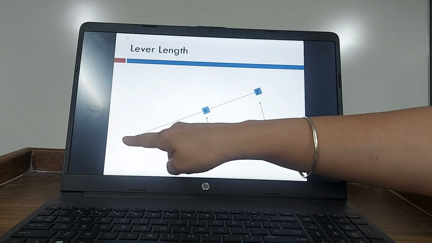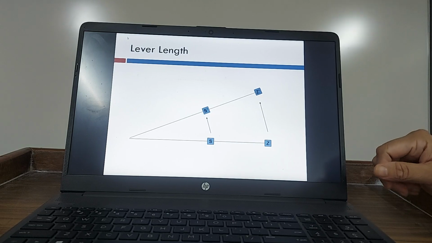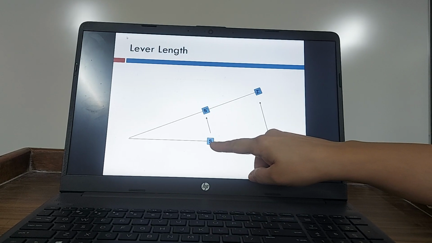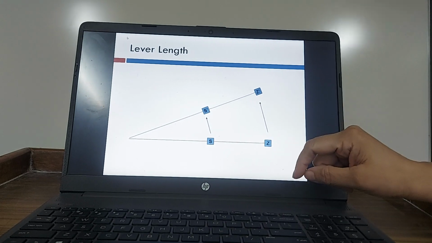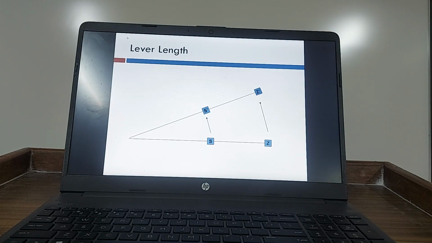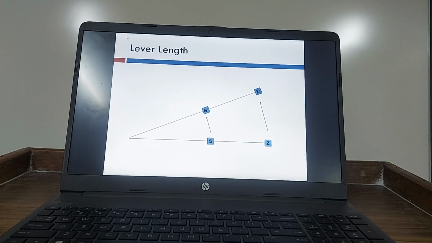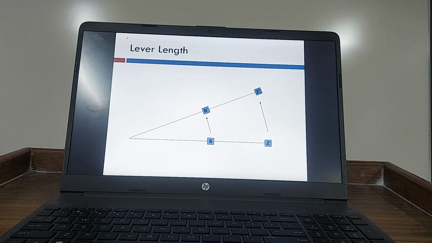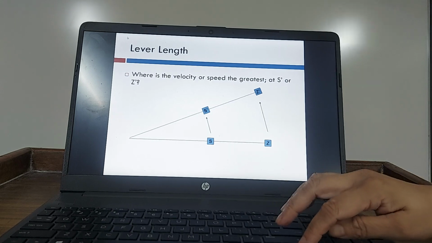Now if you see, an object is here. Can you see this slide? No? Are you able to see this? Okay. Now can you tell me, there is one object which is at point S, there is another object at point Z. Can you tell me which one is having a better increase in velocity or increase in displacement? The point at S which is moving to S dash, or the point at Z which is moving to Z dash? Z and Z dash. Its displacement is more. Is this clear? Okay. Now you can understand.